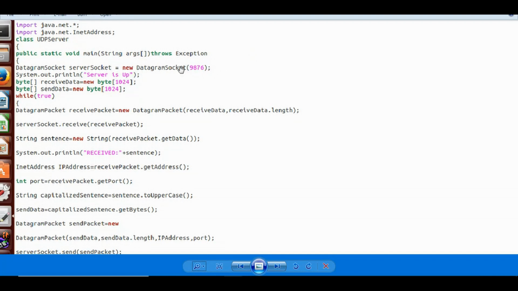Whenever I am creating the datagram socket for the server, I am mentioning this port number. It is mandatory to mention the port number while creating the datagram socket on the server side.